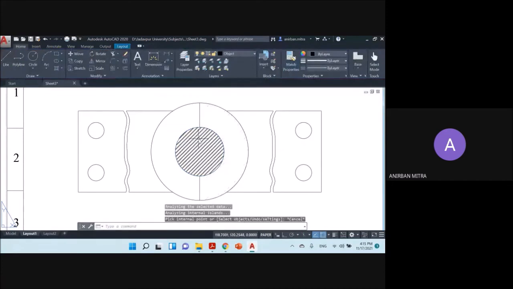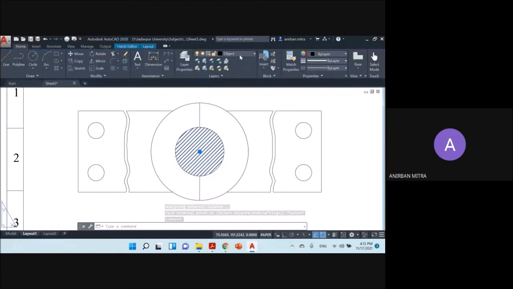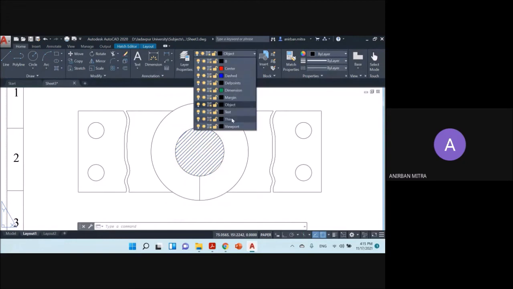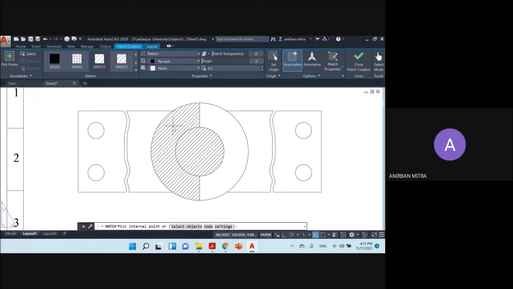So that is done. But as I said, the hatching needs to be in thin layer. So go to this drop down list and make the layer thin. So let's change it to thin layer and put the other hatching marks as well.